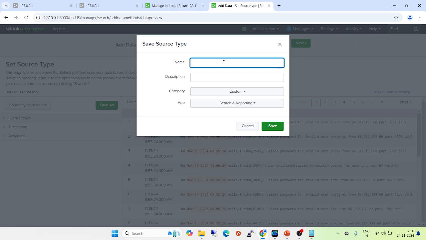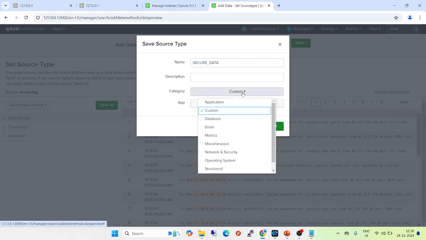So this is secure data. I just give the source type as secure data. You can give anything according to your data, but if you are doing production, make sure you give a meaningful name. Description we don't require. Custom category and database, if you want to specify it's a database, email data, or